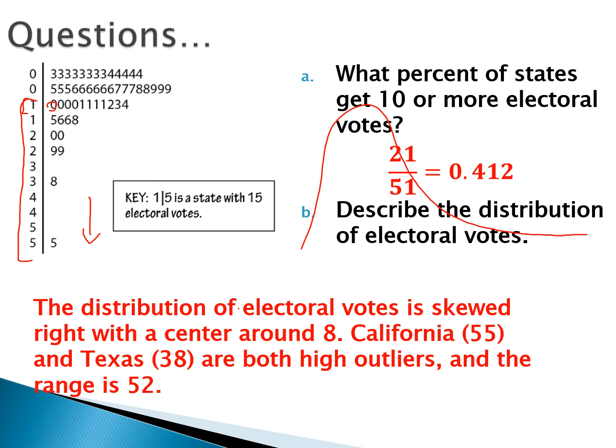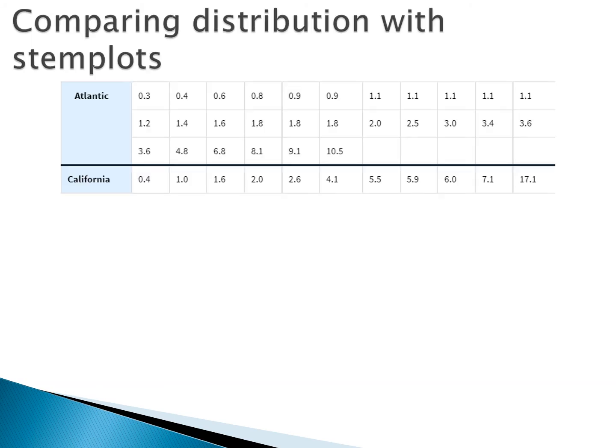Again, right now we're just ballparking those. We're picking a center value. For spread, we're just using range, but later on in this chapter, we're going to go over a few ways to calculate those mathematically. Another variation of stem plots is called a back-to-back stem plot, and we use this a lot when we're